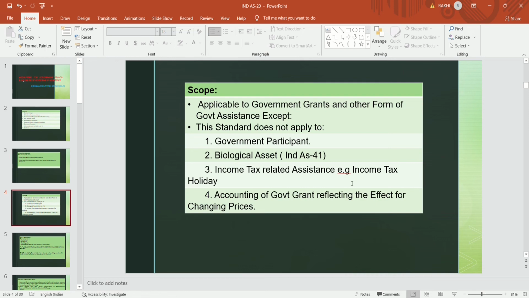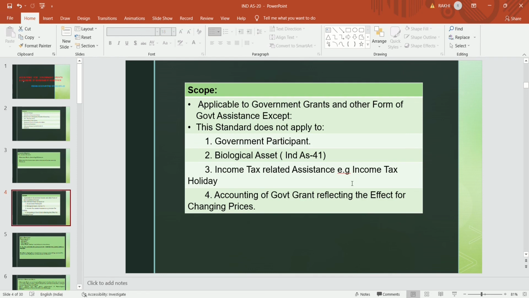80IA, 80IB, all these income tax holidays which the government provides as per the Income Tax Act, but which are not included in the books of accounts. That kind of assistance is not included in this Ind AS standard, because it's an income tax assistance. It is related to the tax holiday benefit which the company is getting as per the Income Tax Act, not as per accounting aspects. So this standard does not deal with income tax related assistance like any kind of benefit